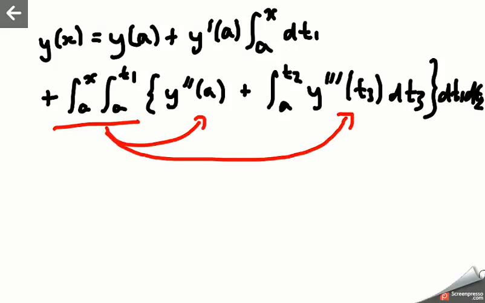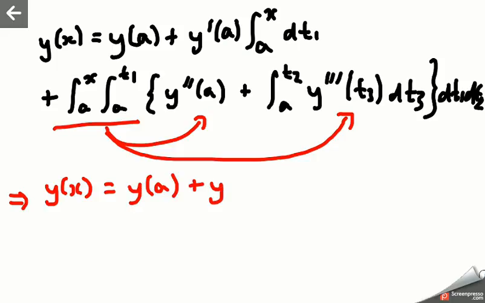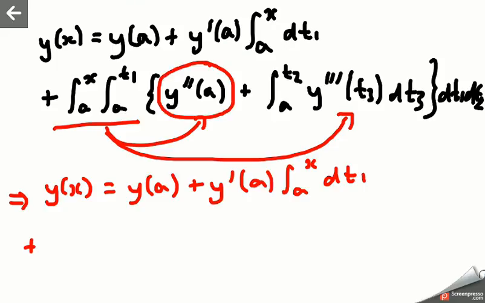this factor. And so by doing that, we get y of x is equal to y of a plus y prime of a, I'm just writing out the first line again, times the integral from a to x dt1 plus, now again, this y prime prime of a doesn't depend on either t1 or t2. So we can just bring that out the front of the integral signs. It doesn't change anything. So this is y prime prime of a times the integral from a to x, integral from a to t1,